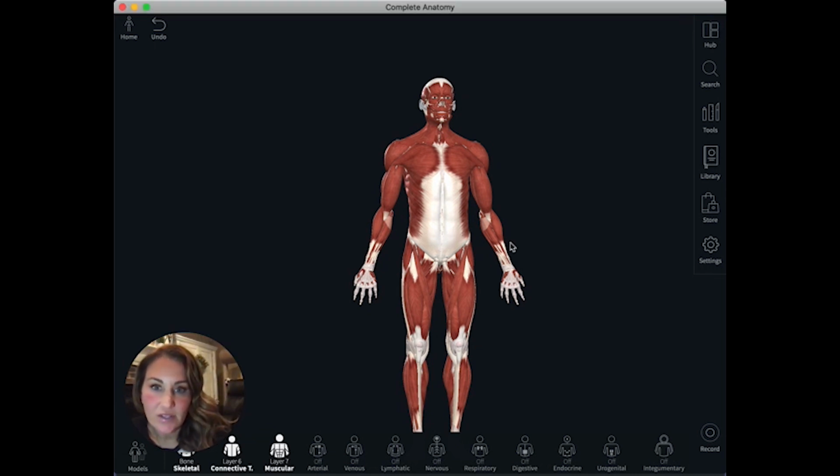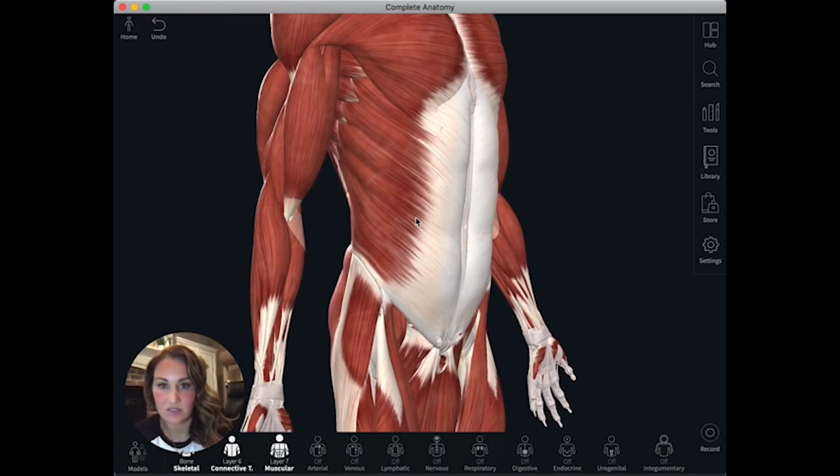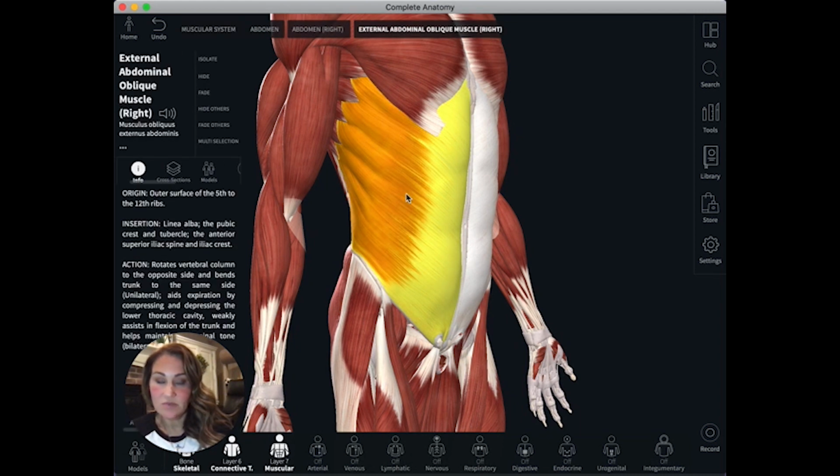So the first two are easy because they're very similar to the intercostal muscles in terms of their fiber direction. This first, most external muscle of the abdominal muscles is the external oblique. And if you remember, oblique just means diagonal. You can see that the muscle fibers run down towards midline, which is the same as the external intercostals. So if my fingers are my muscle fibers, they run down like this. And then